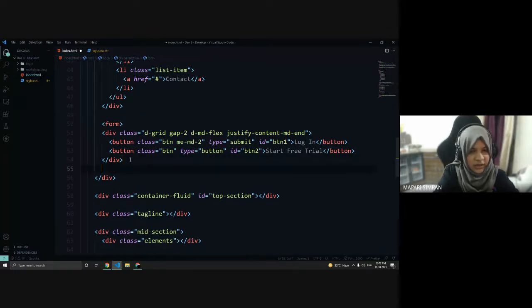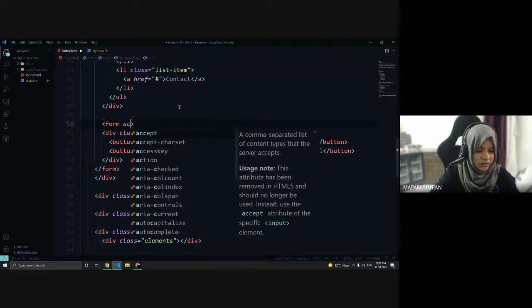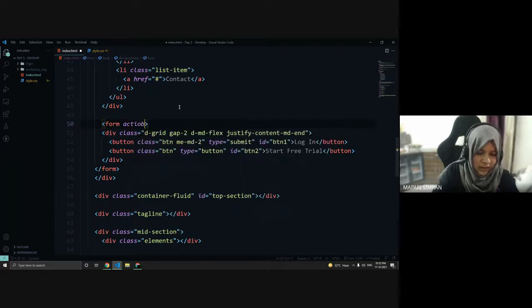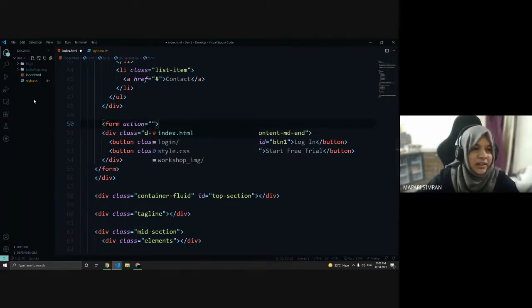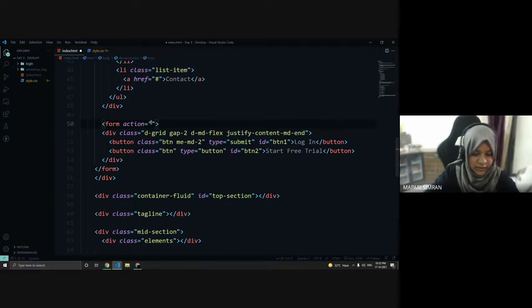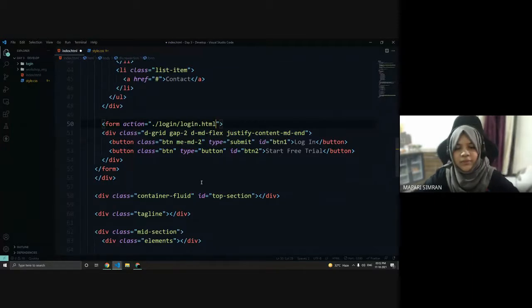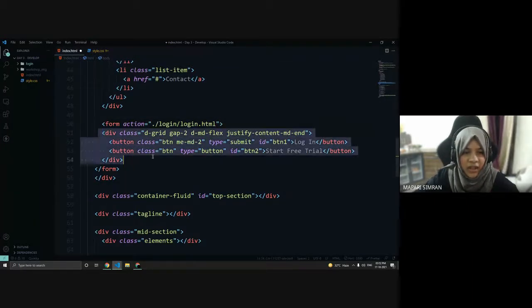Let's keep this under this form tag, and this type is submit, so we'll give the form action. I've already created a sample login page, so I'll give the action to that, login.html. Now we have this div under this form tag.